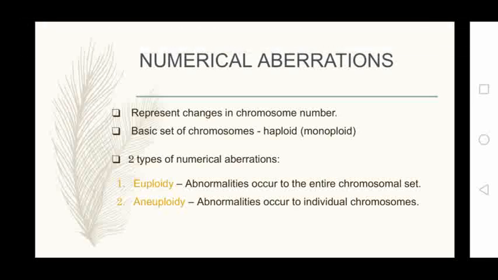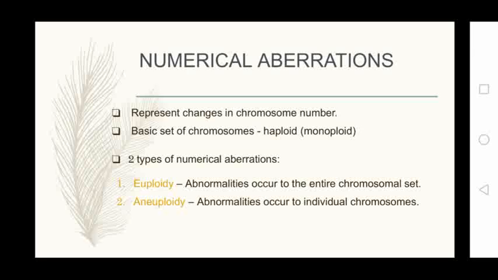Numerical aberrations. As we all know, we have 23 pairs of chromosomes, that is 46. Sometimes the chromosomes may be 45, and sometimes the chromosome number may be 47. That all comes under numerical aberrations. Simply, these numerical aberrations represent changes in chromosome number. The basic set of chromosomes is known as the haploid set. We all know that. The haploid set is also known as monoploid. So there are two types of numerical aberrations,